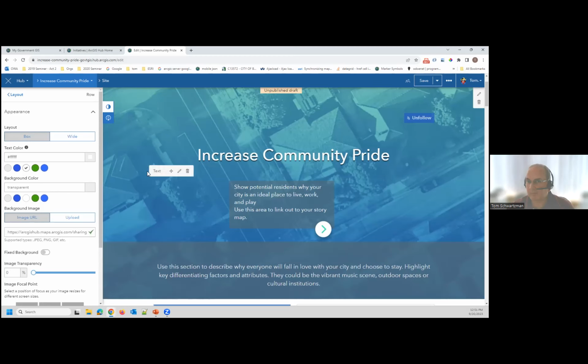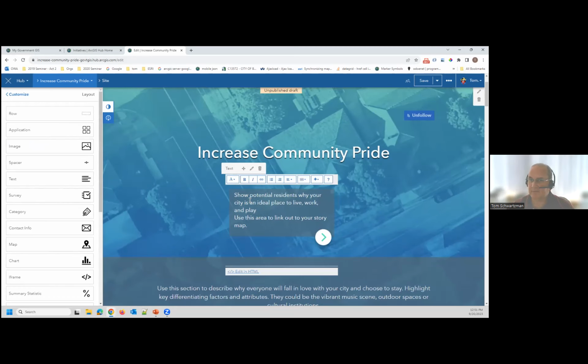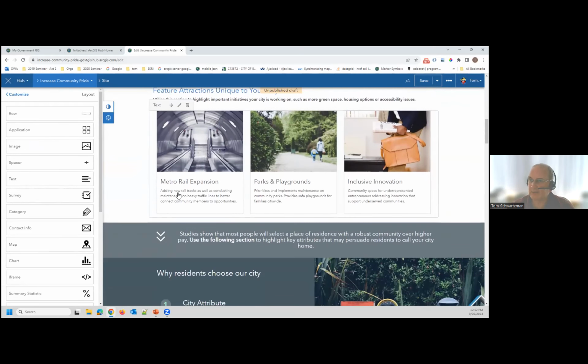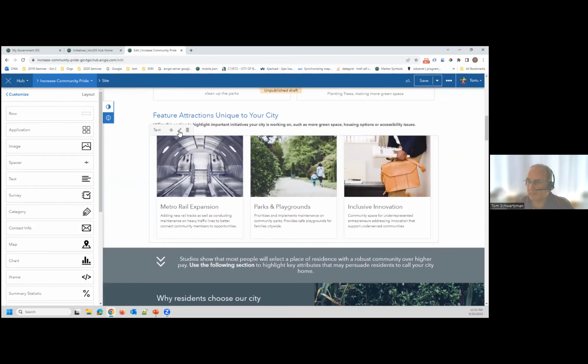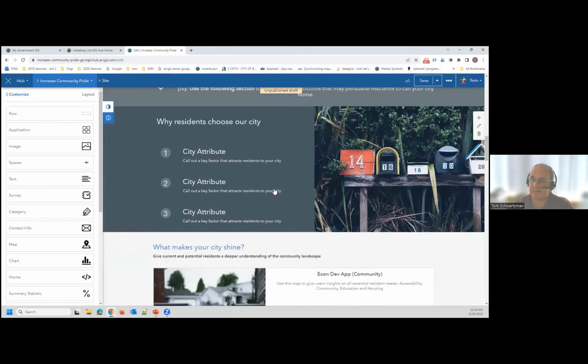So the row can have, you see here, I'm working on this row. It can have a background image, it can have colors and transparency, et cetera. And then in this row, I've got this banner text, and I've got this other element. This is all part of that. And then I've also got a couple different text elements that I can put in. If we scroll a minute, if we click in this area, you see this is actually a text thing, but let me find something I want to find here. Let me drag some stuff onto here.